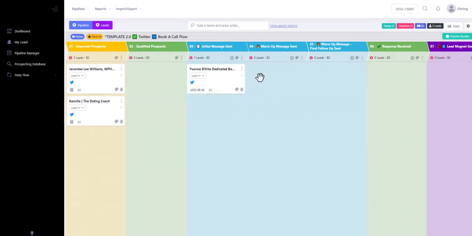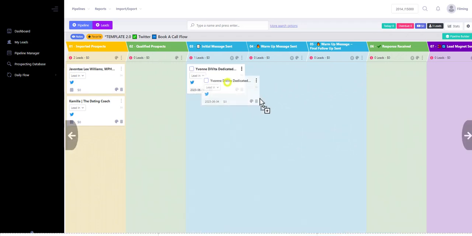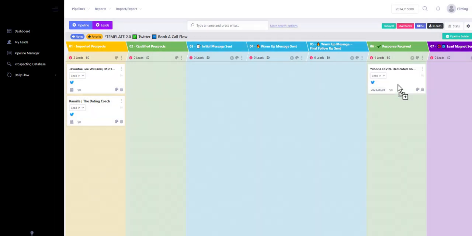Two common situations that you will face when a card is in either the initial message sent stage or the warm-up messages sent stages. For example, if a lead responds while it's in either of these stages, all you need to do is drag and drop the card into the response received stage. Two ways you'll see that your lead has responded is because you're going through your inbox and you see that the lead has responded. All you need to do is either use the Twitter overlay to move the card into the response received stage, or you can go back into the pipeline and drag and drop the card into the